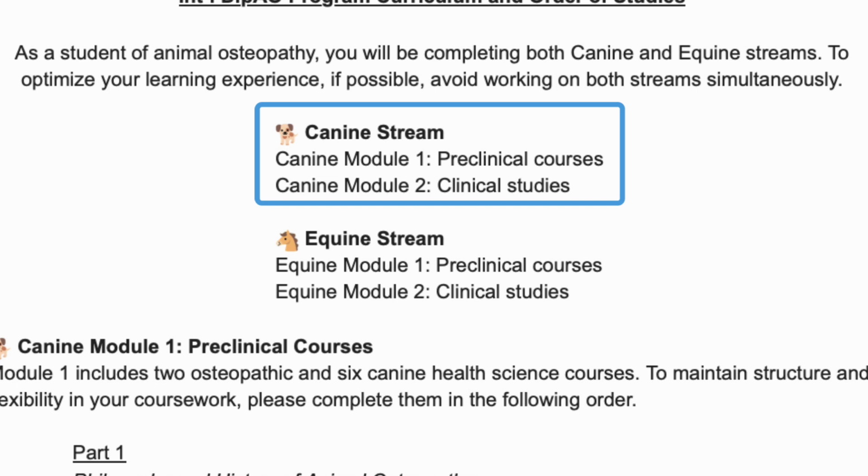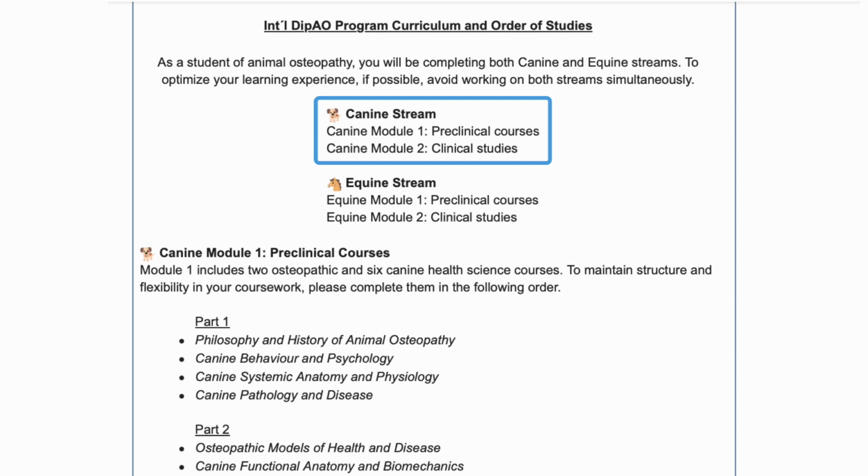In the canine osteopathic stream, there are two different modules. Module 1, which looks at the theoretical portion of the course, and Module 2, which is the hands-on portion. In Module 1, there are 8 preclinical courses. These courses are divided up into 2 different parts, and this is for your convenience, your flexibility, but it also provides structure. In Module 2, you will begin your hands-on clinical training. This module comes after the theoretical module as you use a lot or all of the theoretical knowledge you learned in the first part and you apply it during your hands-on training.